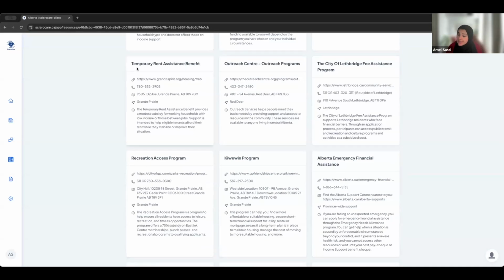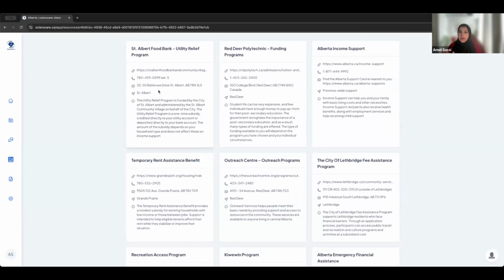And if you want temporary rent assistance benefit, all of this, another thing that we really want to emphasize, has been confirmed and validated to be up and running. So in the process of gathering all this information, we've reached out to these organizations to ensure that they're currently recruiting individuals or that they're currently still offering support, since we do know that after COVID, a number of different organizations did have to shut down because of financial concerns or just simply due to lack of funding and support overall. So we've confirmed that these are operating, and you can access either the website, the phone number,